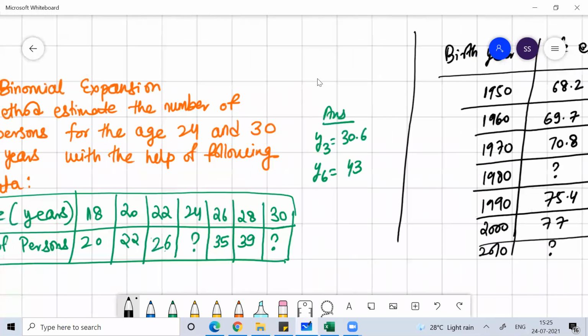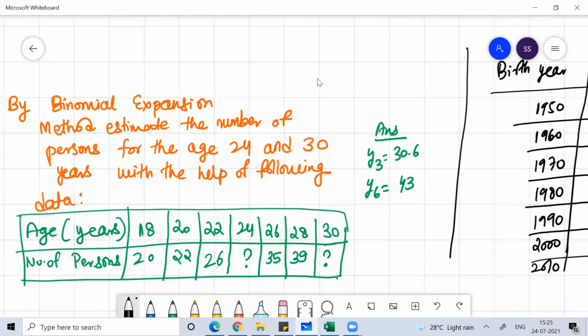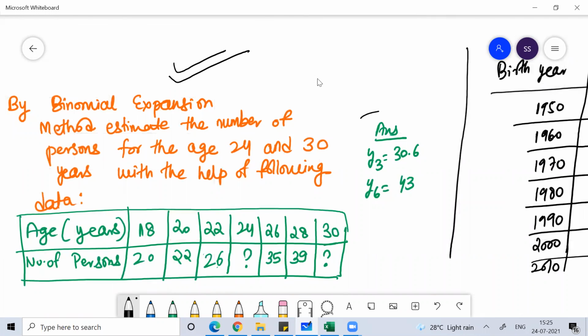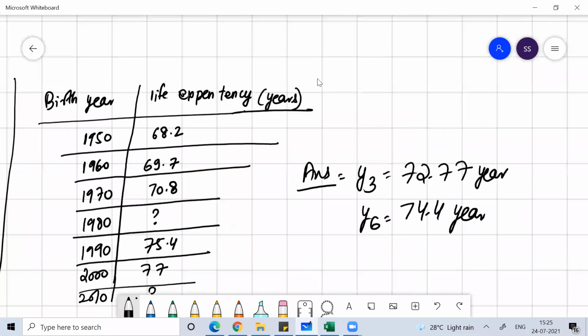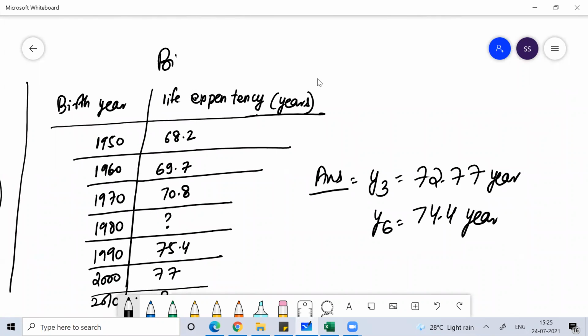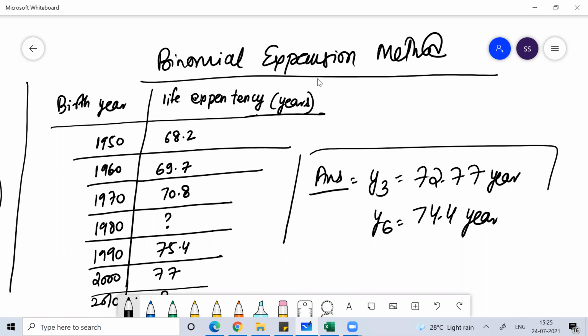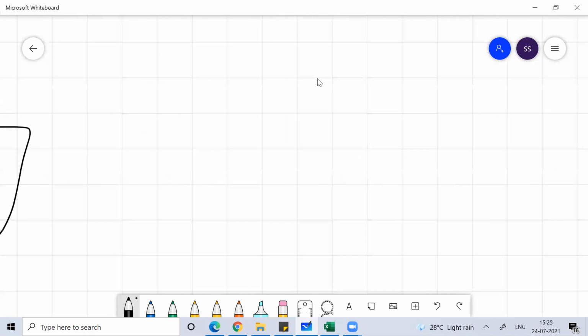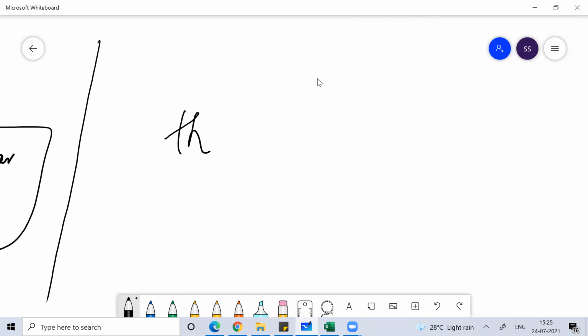These two questions, guys, whenever you get time, solve this numerical on the binomial expansion method. You should get this answer. Solve this numerical properly with proper steps. I'll correct your notebook when I meet you in college. Everyone do this, and I'll see you on Monday and we'll start Newton's advanced differential method.